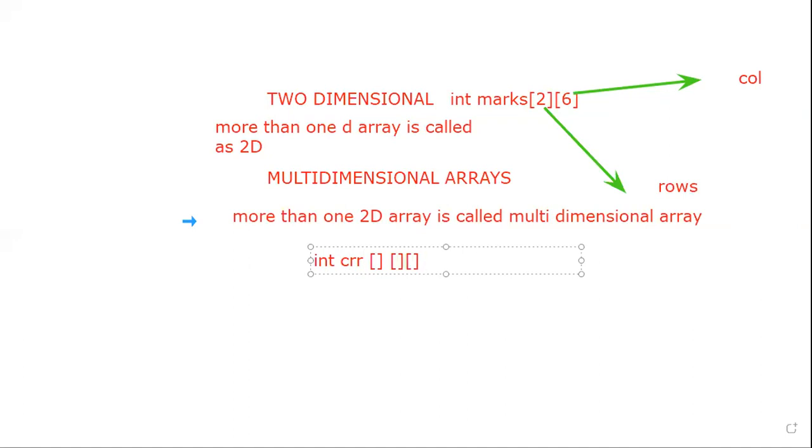This is how we can give, and we can allow some values. For example, 1, 2, 3, 4, 5, 6.